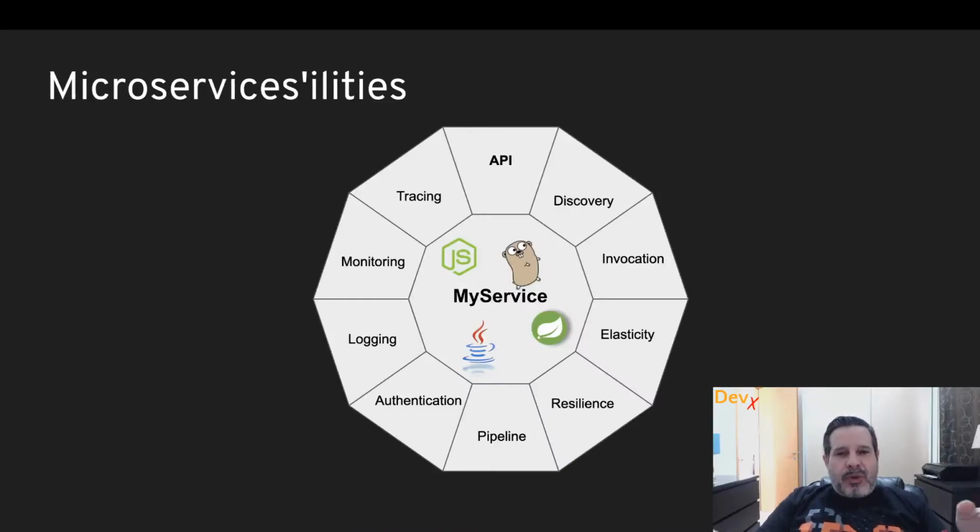And let's think for a moment. No matter if we are producing microservices using Node.js, Java, Python, Go, we need to have certain capabilities in our microservice. First one is the API, right? We need a way to communicate with that microservice.